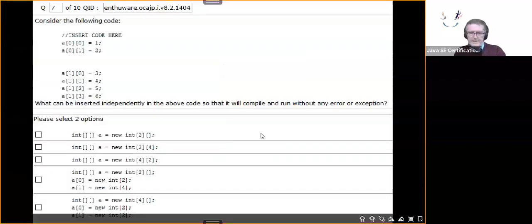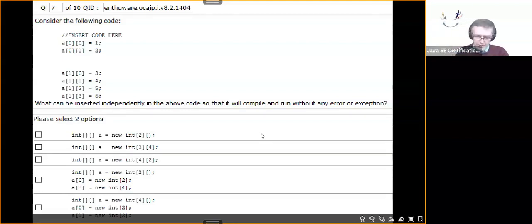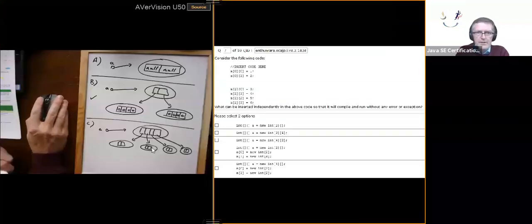Let's look at C. C is new int array 4, 2. So we're going to have 4 in the first dimension, and each one of those is referring to a 2-element array on the second dimension. So it's easy enough to figure it out. Now that isn't going to work for us because we are looking for A12 and A13. Sorry, that's this guy here. So the C guy that you see here,